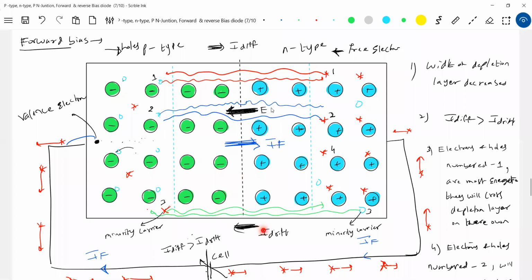Even the drift current will slightly increase, no doubt. If I increase temperature, the number of covalent bonds breaking up will increase, and the drift current will increase. But the increase in diffusion current will be very much greater than the increase in drift current, so the net current will increase. Because what is the net current? The difference of these two. They may trouble you with this one. So the net IF will increase for a given voltage. You have to analyze for a given voltage. It'll be a little bit easier.